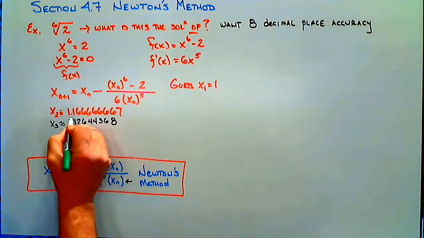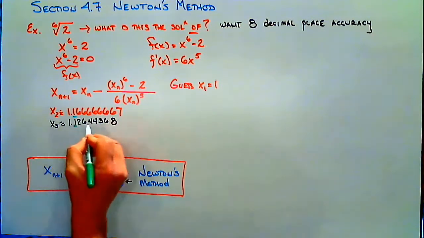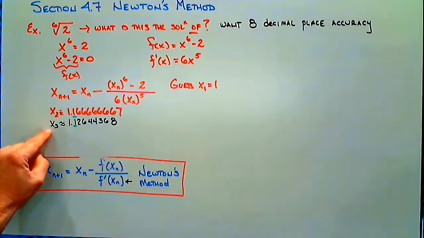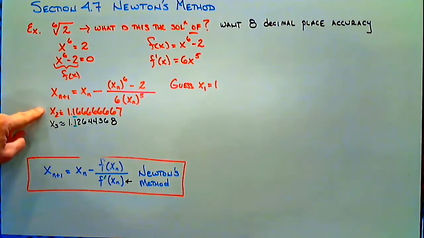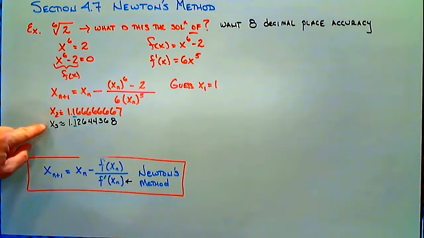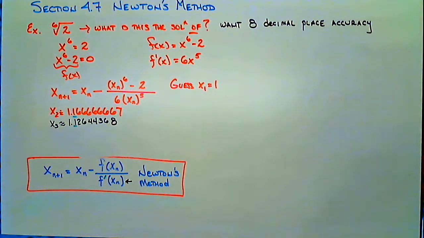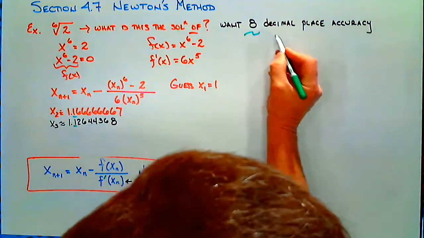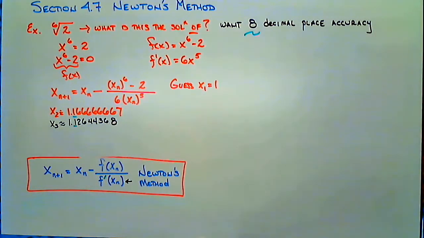They match in the first decimal place. So we would say that x of 3 has 1 decimal place accuracy because it matches x of 2 in its first decimal place. So when they want us to find 8 decimal place accuracy,